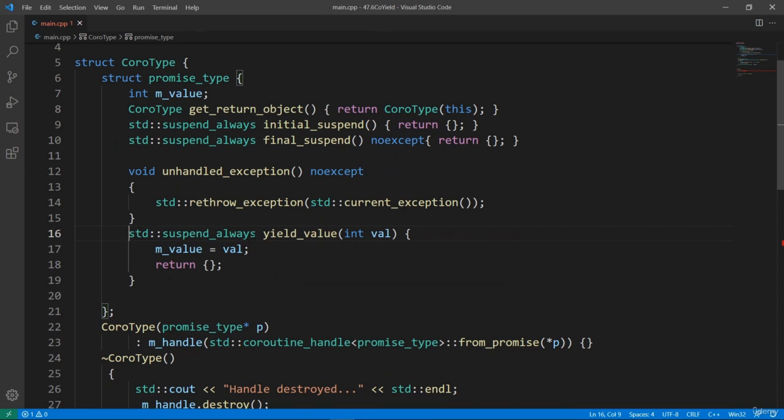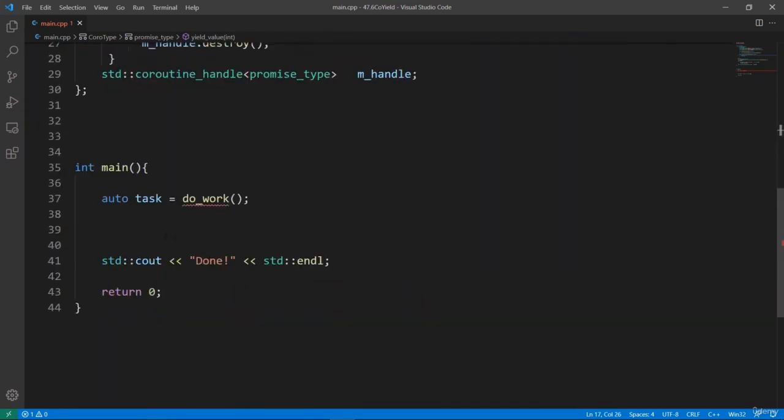You're going to see that it is going to return suspend always to tell our compiler that we want to suspend after we grab the value that we want to yield from this operator here. So we are going to grab the value, we're going to store that in our member variable, and then we're going to return an object of suspend always. This is the syntax we are using here. Once we have this in place, our coroutine type will be ready to use the co-yield operator,